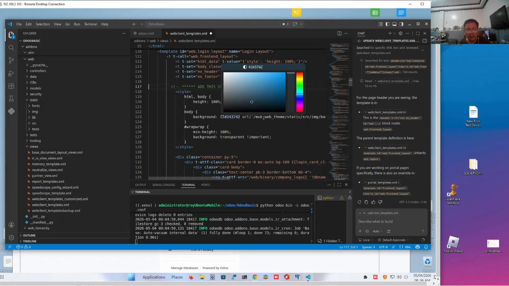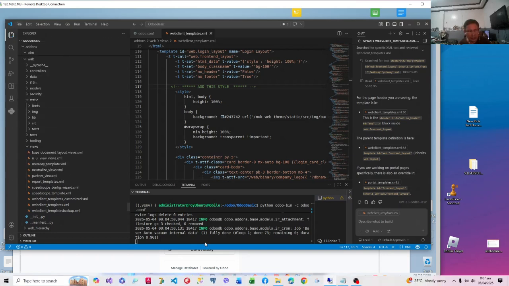This color is taken from the URL of the Mac web theme. You can choose your own color. If you're going to choose the web theme, you can also choose the color from here. You can pick the color from the color picker. So our body will have this background color, and we'll have a wrapper so that it will wrap around 100%.